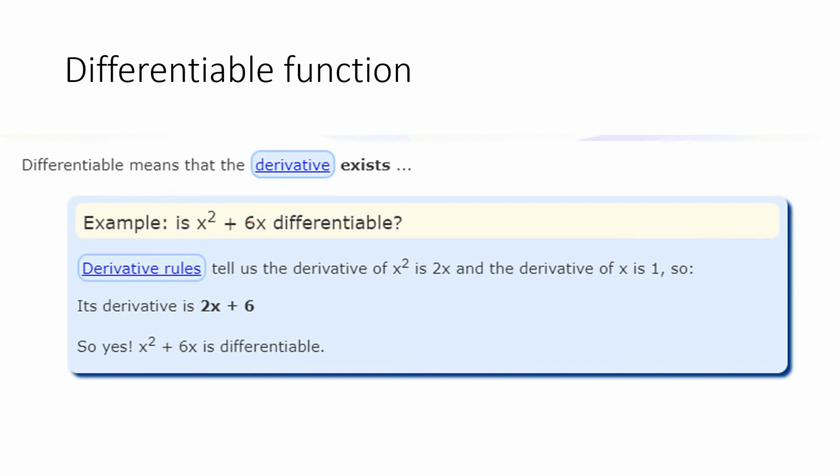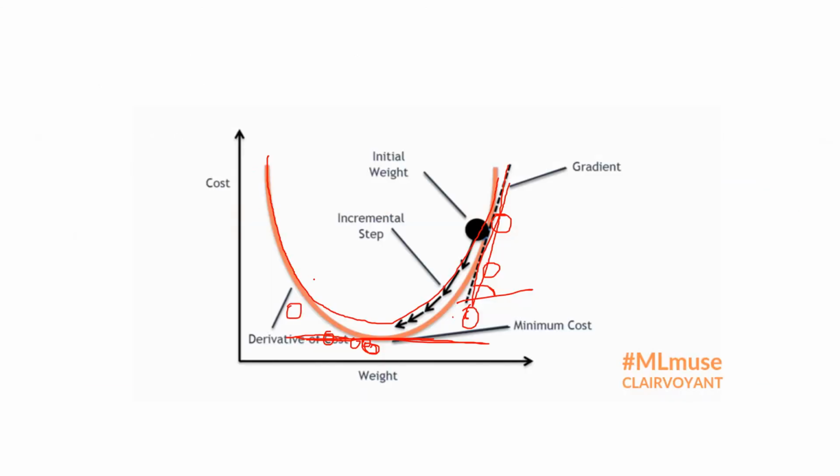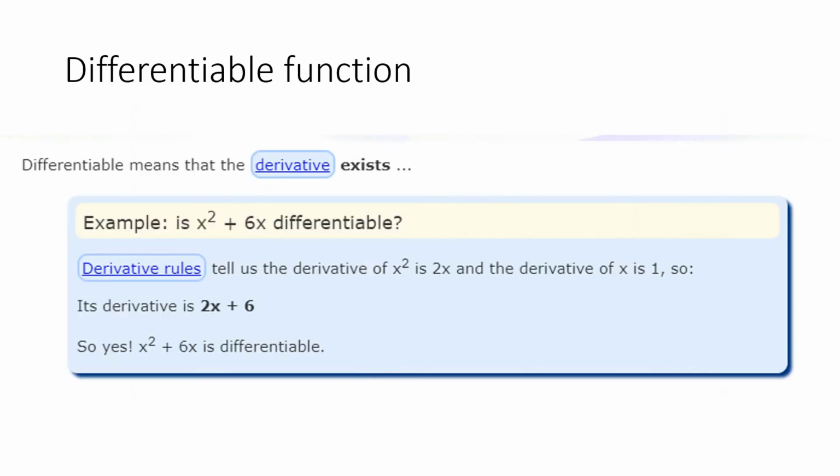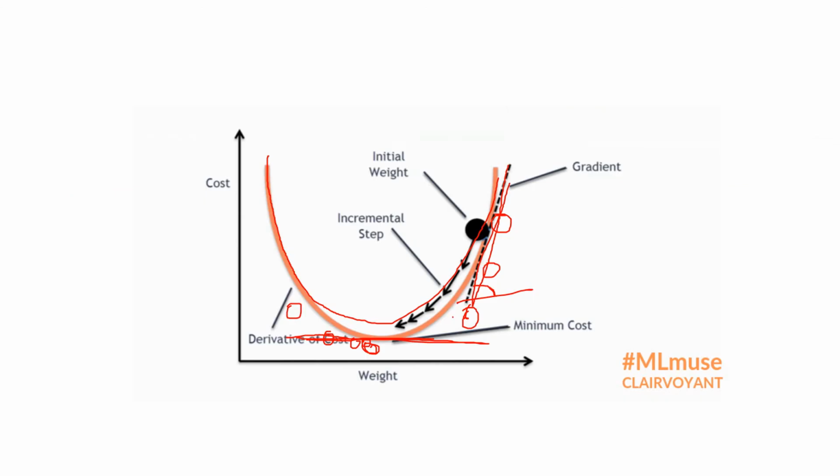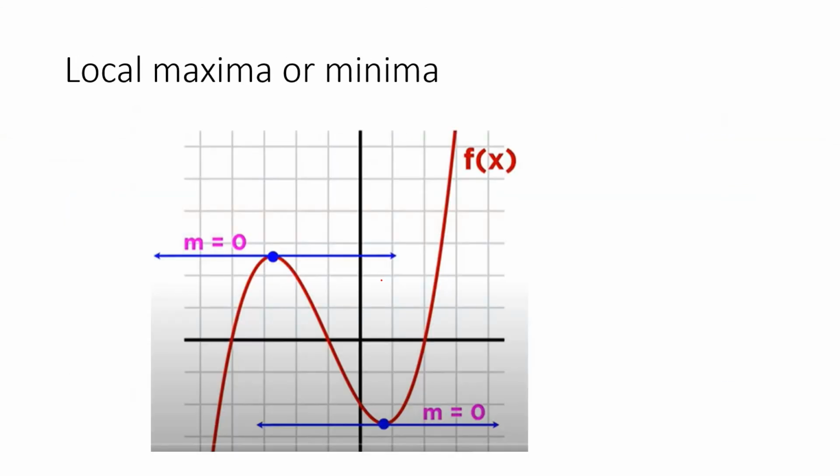So that is why differential function comes in. So basically a function is differentiable when it can be differentiated and you get a value. So your representation of the data must be differentiable. If you don't understand that, just skip it for now, because almost all functions used in gradient descent will be given differentiable.